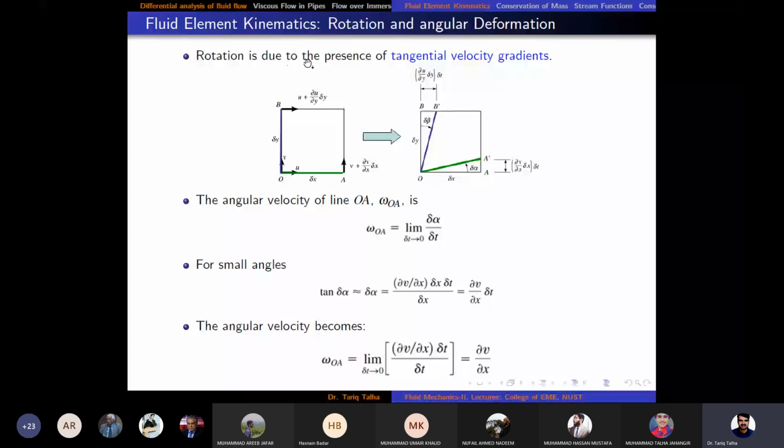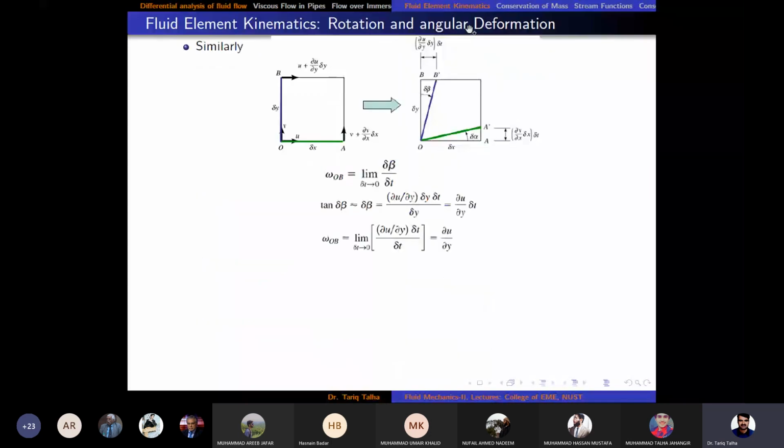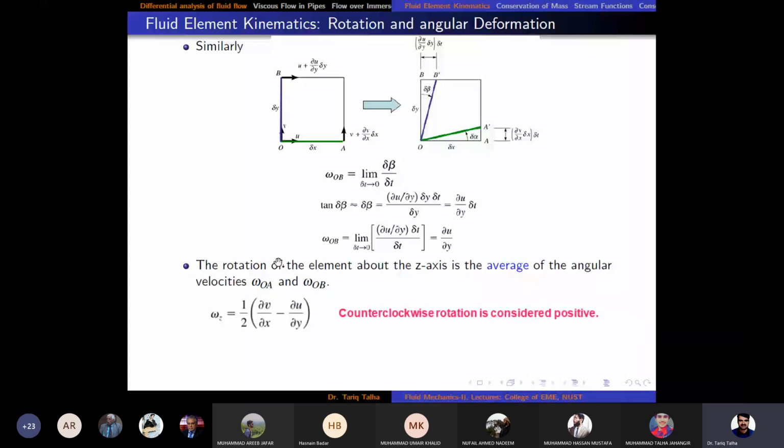ठीक है, तो रोटेशन is due to the presence of tangential velocity gradient. जो लीनियर डिफॉर्मेशन थी, उसके लिए जो नेसेसरी कंडीशन थी वो नॉर्मल वेलोसिटी ग्रेडियंट थे, और रोटेशन और एंगुलर डिफॉर्मेशन के लिए टेंजेंशियल वेलोसिटी ग्रेडियंट, जो कि पार्शियल u बाय पार्शियल y या फिर पार्शियल u बाय पार्शियल z भी हो सकता है, पार्शियल v बाय पार्शियल x, पार्शियल v बाय पार्शियल z, या फिर पार्शियल w बाय पार्शियल x या फिर पार्शियल w बाय पार्शियल y।